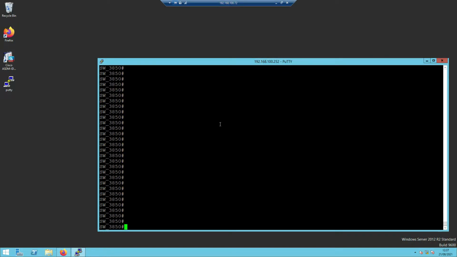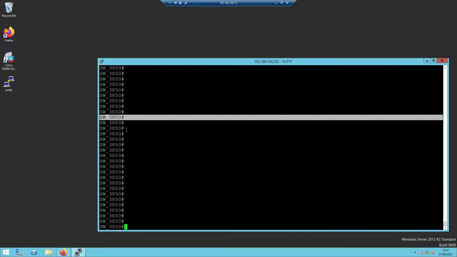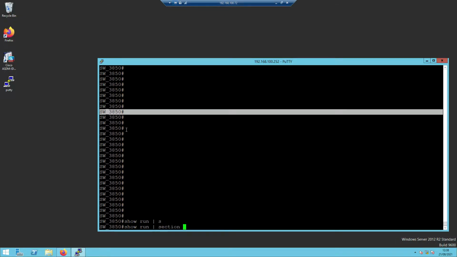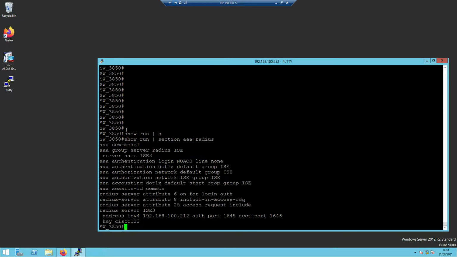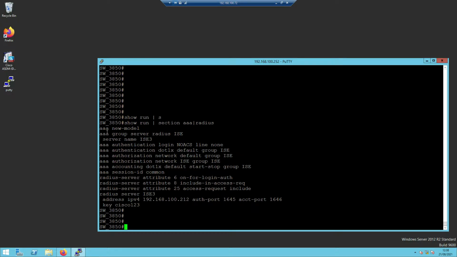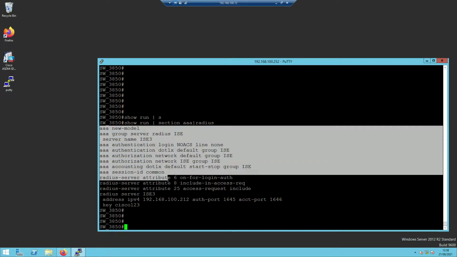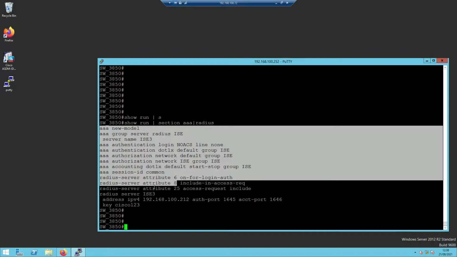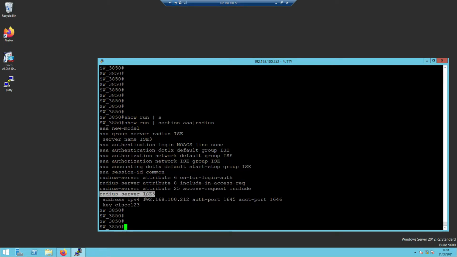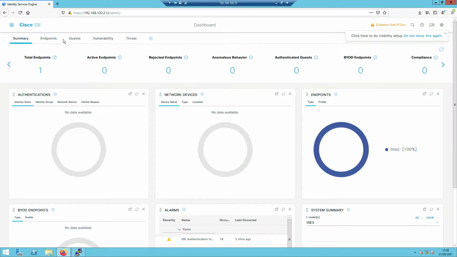So I'm already logged into my switch 3850, and its configuration is, let's see, section AAA RADIUS. I'm not doing dynamic authorization yet, just ISE authentication only. You can see that I have configured my IP address 192.168.100.212 with ports 1645 and 1646, whereas the key is Cisco123. So if I go back to my ISE